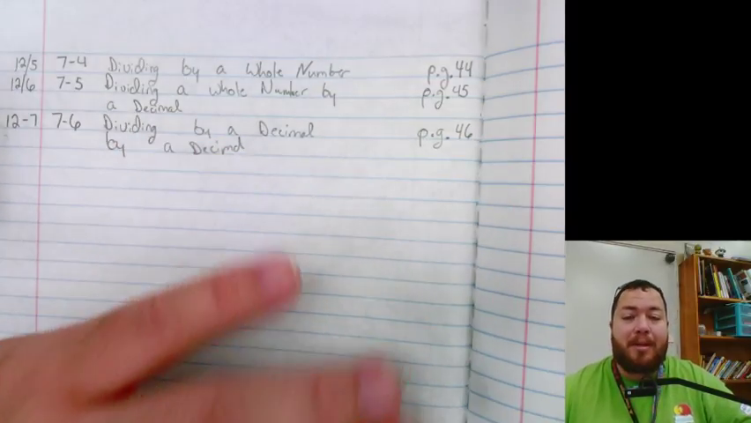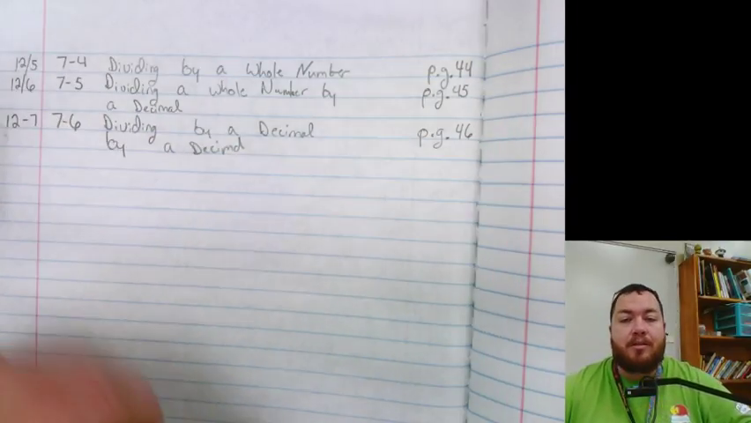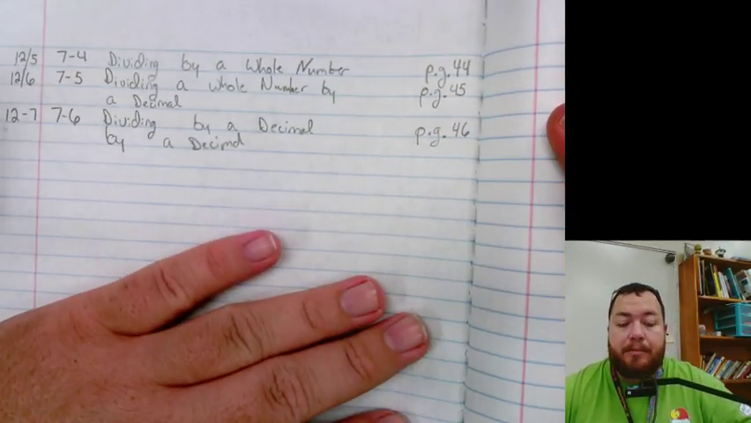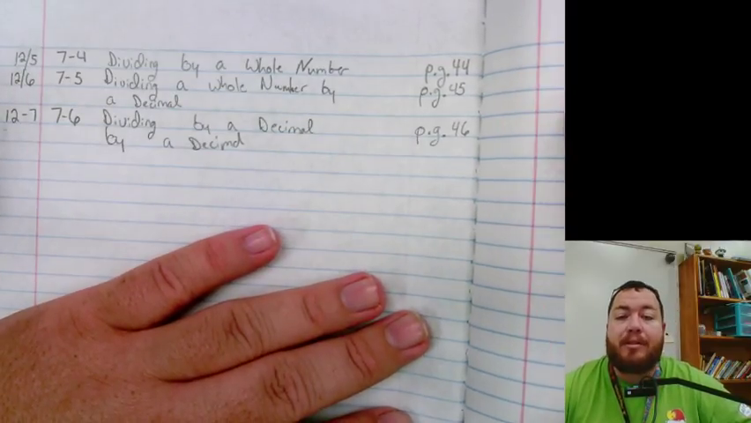the decimal point. So what we're going to work on today is dividing decimals by decimals. It's very similar to what we've already done all week. And all we're going to worry about is making sure that our divisor doesn't have a decimal point in it,